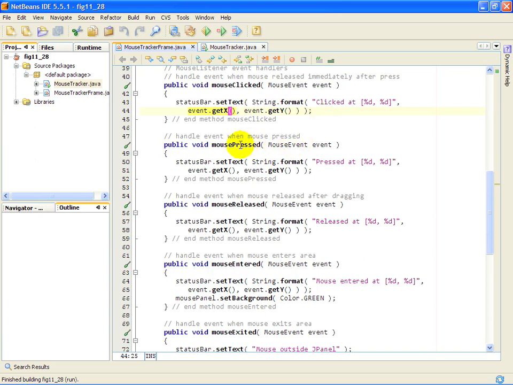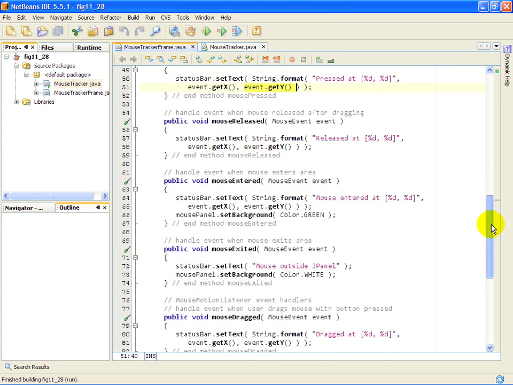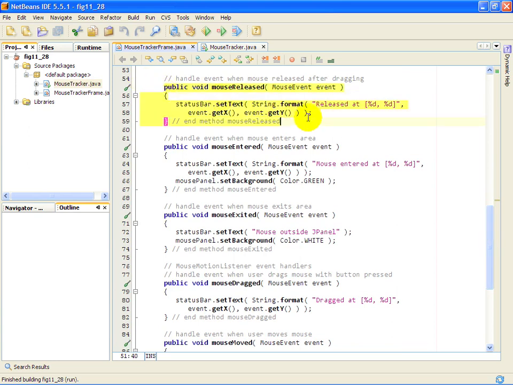Similarly, for mouse pressed, when we get that event, we're going to display a string in our status bar JLabel indicating that we pressed at a particular location. And again, we will call getX and getY on the event object to obtain the coordinates. And we do the same thing for mouse released here as well. For mouse entered, we actually do two things. We do tell the JLabel to display the text mouse entered and show you where we were at that time,